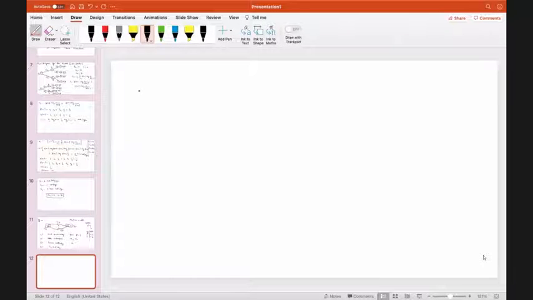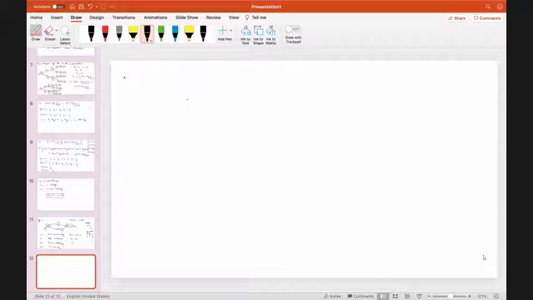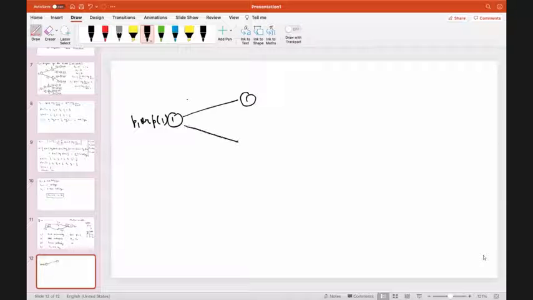Suppose you are in state 1. So this state will have some probability. So let me just call it P1. So let's say that you are in state 1, and let us say that the probability of this state is P1. Then from this state, you will either go to 1 or you will go to 2.